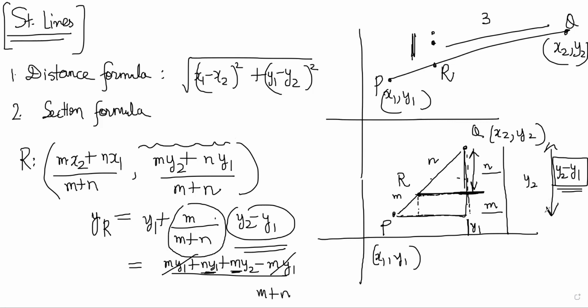In a similar way, you can also say this much is x1 and this much is x2. So you can find what is the x here, right? Because you could have drawn a parallel line like this, and now this line is parallel to this base and it will divide this in the ratio m:n, right? So by simple Thales theorem and similarity, you will be able to prove this. So now we'll write it properly.